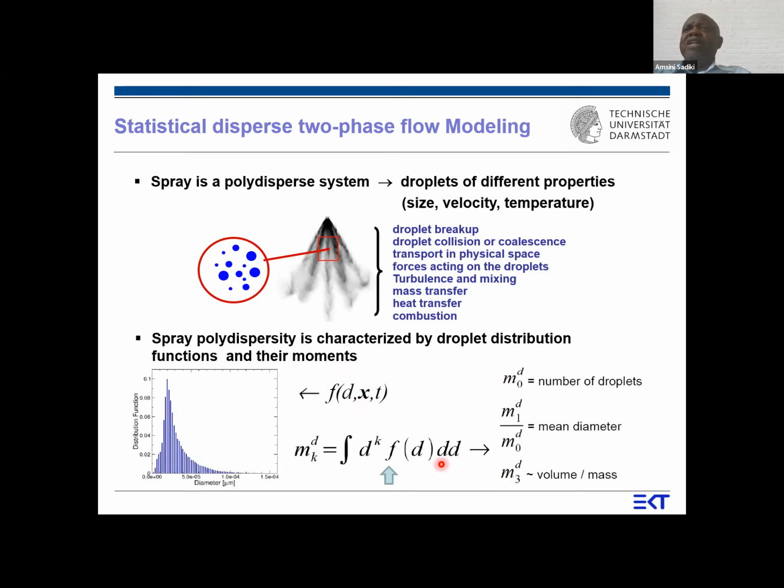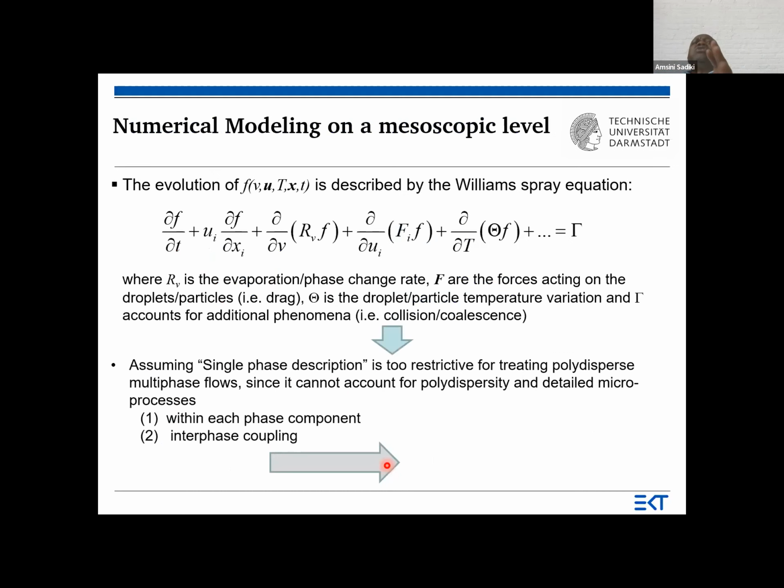This moment is provided by this, in which we need this function. And we have said that this function can be obtained by solving the evolution equation, which is called the Williams spray equation,